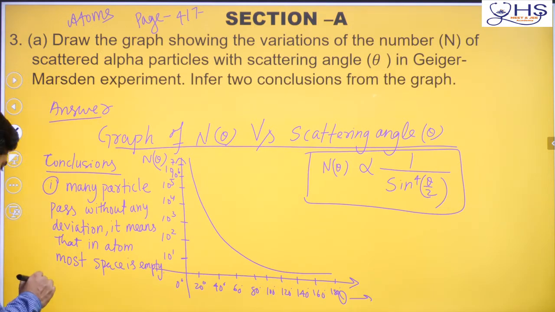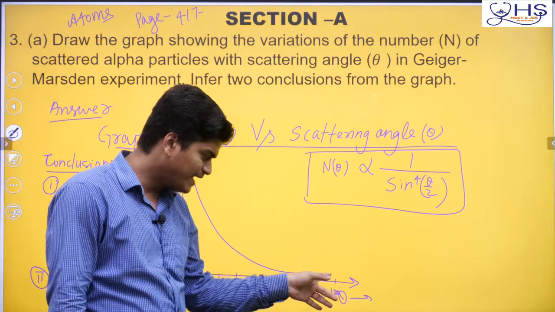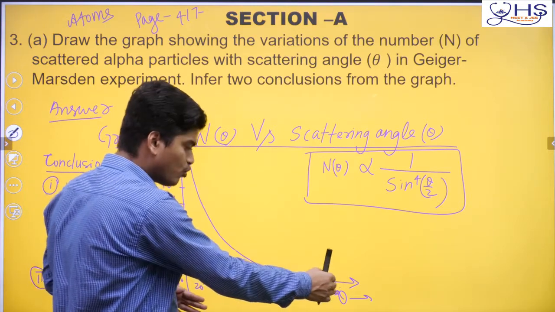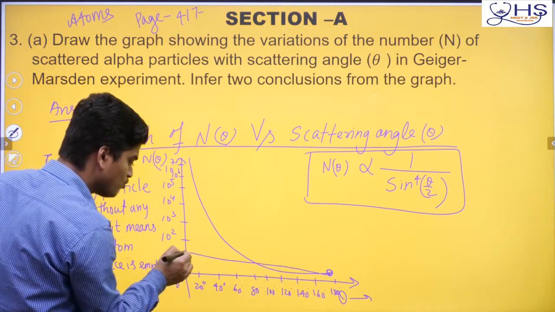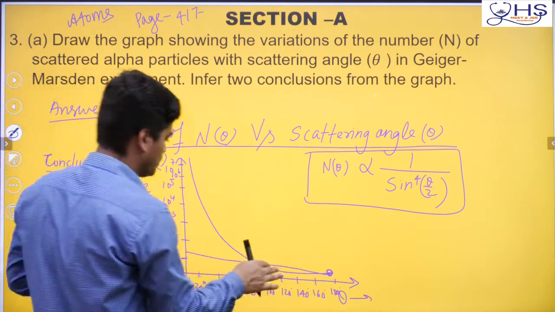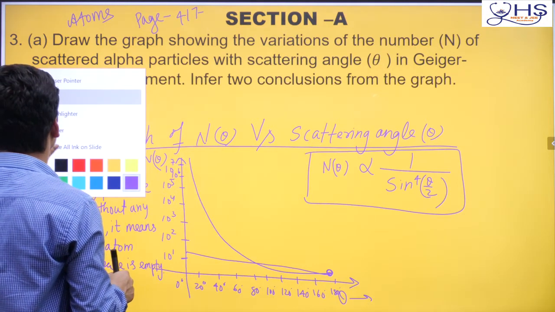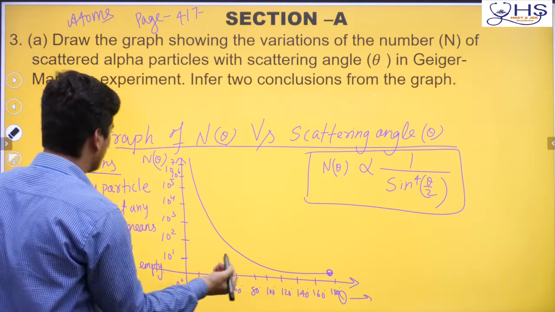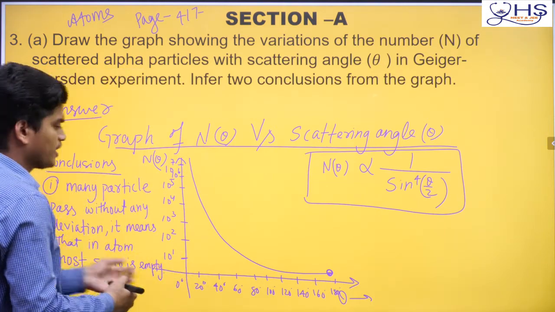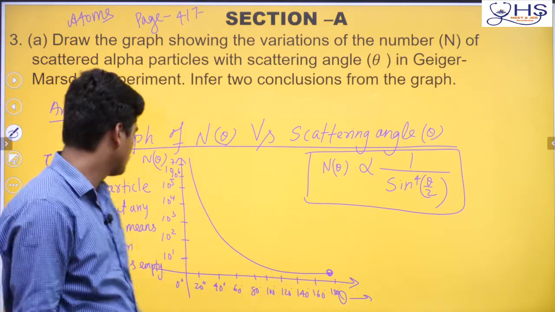Now see here, very few particles. If theta goes up to 180 degrees, see, if you are going to theta 180 degree, this point, see here what is coming? Particle 10 to the power 1. It is 10 to the power 1 also, it is very more actually. So I should erase this. Just 1 minute. So where is it coming? It will come here, something like 1 to 2 particles, 3 particles like that. Okay, so very few particles at a larger angle scattering.